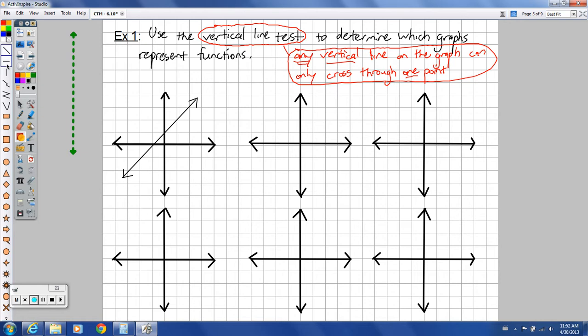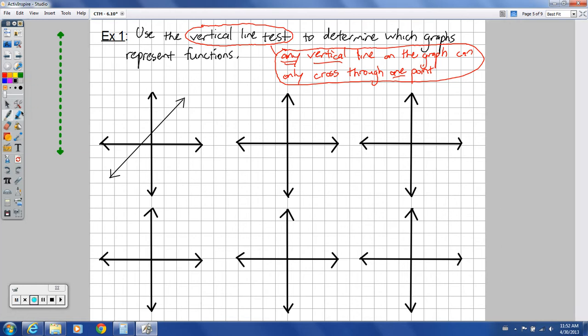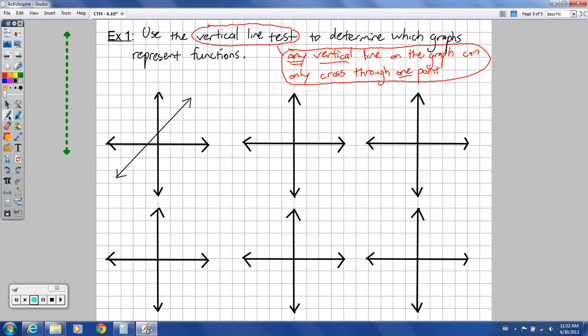For this next one, I'm going to use my freehand sketch tool. Should be okay. And I'm just going to draw any old parabola. So a real parabola would be a little less drastic right there, but you get the idea there. A parabola, we've got this U shape. So this one over here